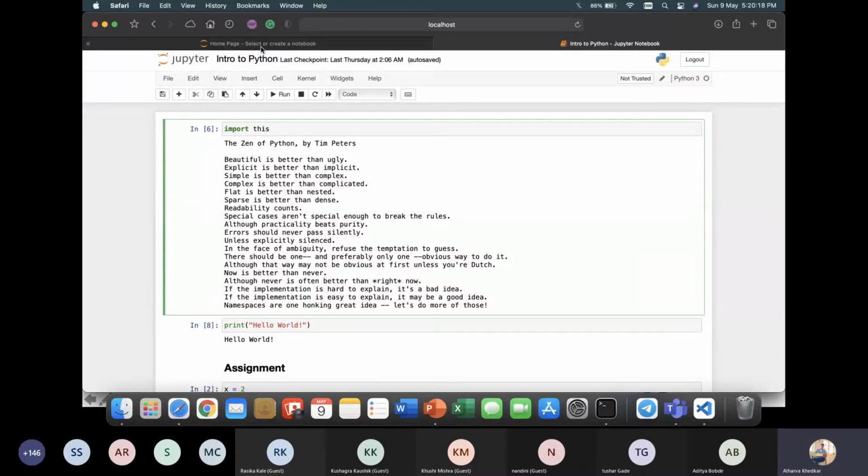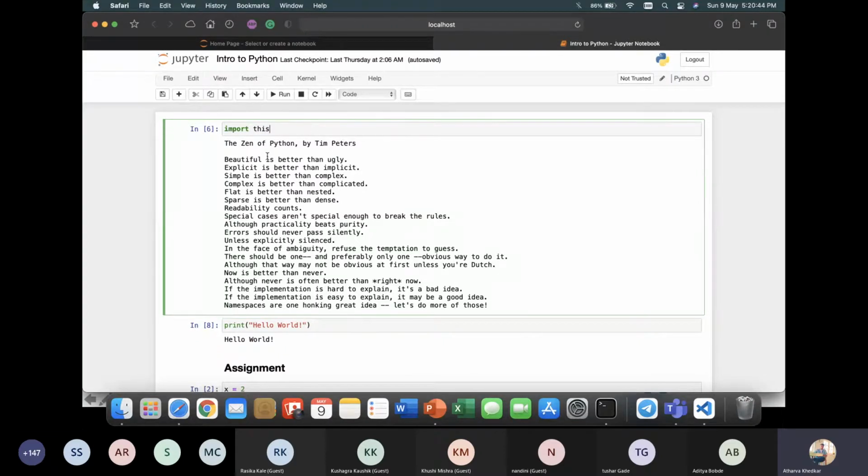So if you are coding in Google Colaboratory, you can just copy whatever is written and try executing these things yourself. As I told you in the previous session, there are various packages in Python you can use. And this one is not a package, but it's kind of an Easter egg in Python.